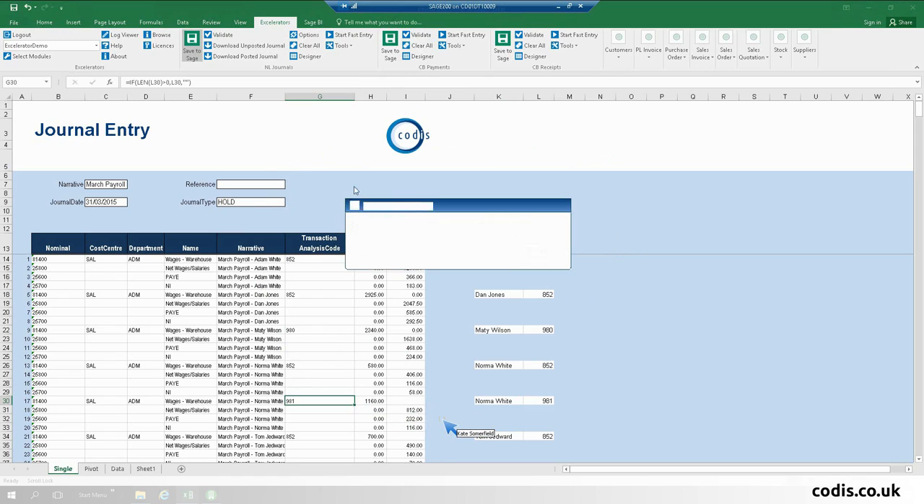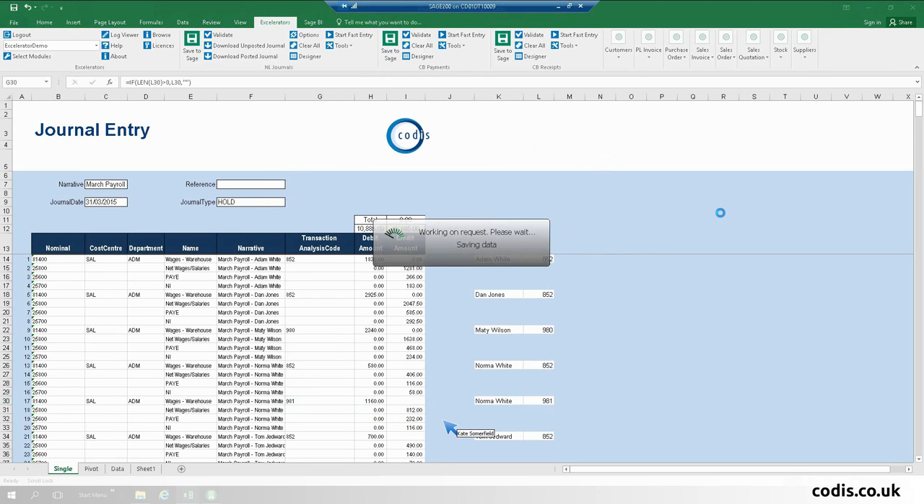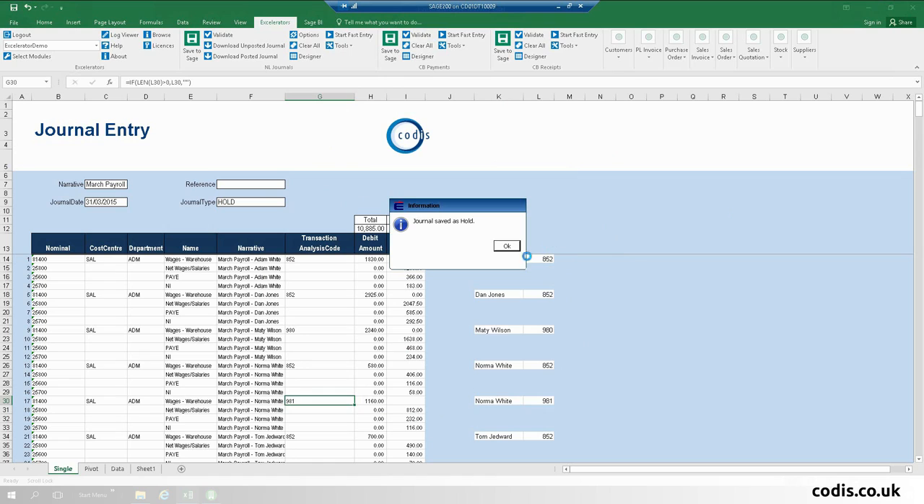I click Save to Sage, and it's saved that journal off as a held journal on this occasion. So I close down